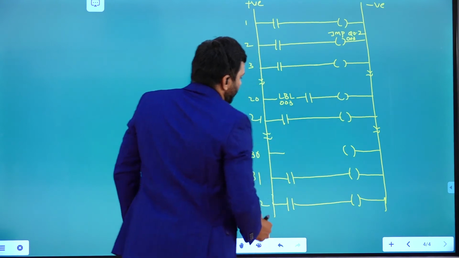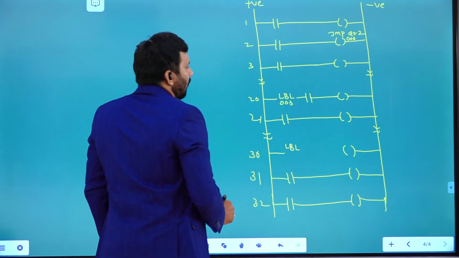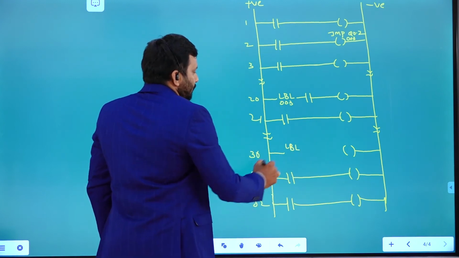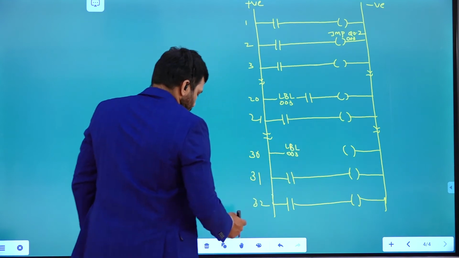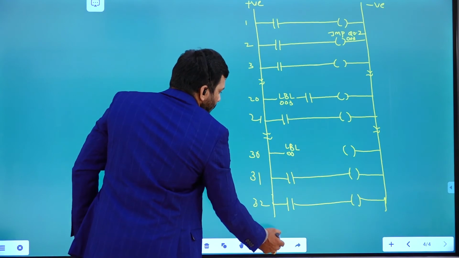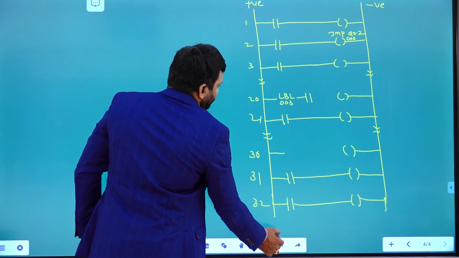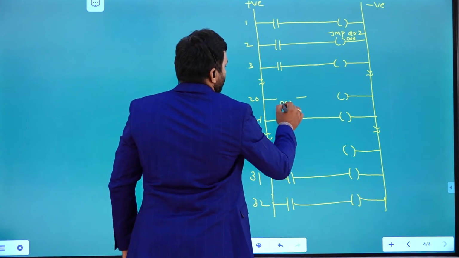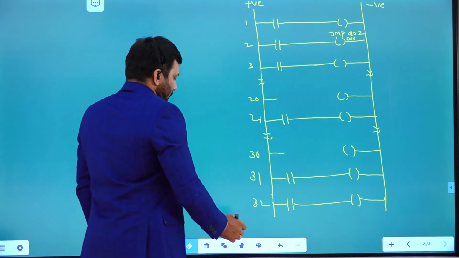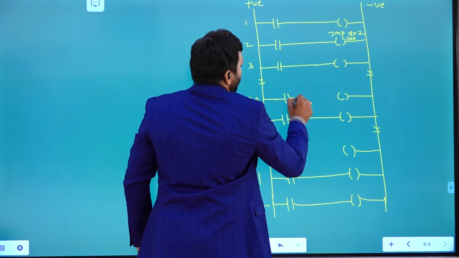Execute, right? In a similar way here also label 0. So multiple jump, right?